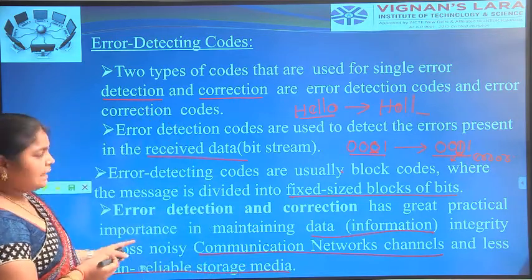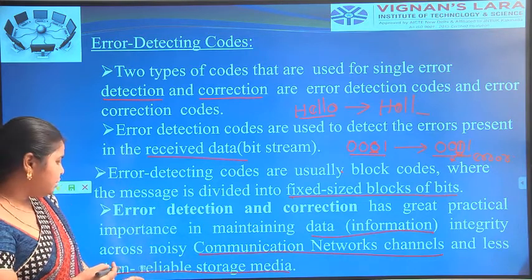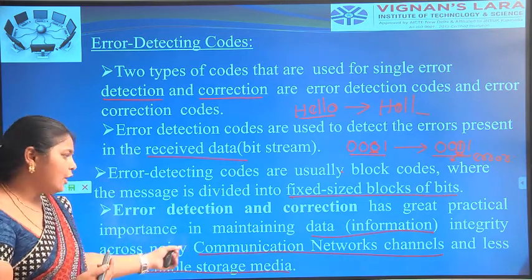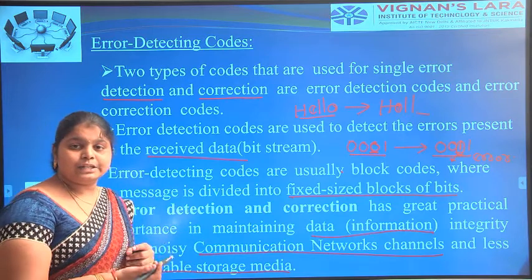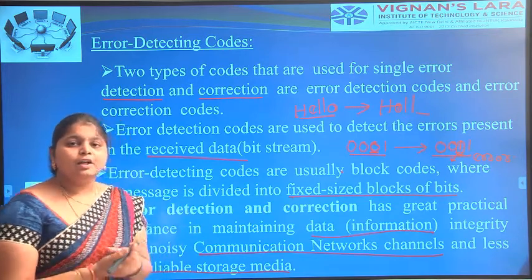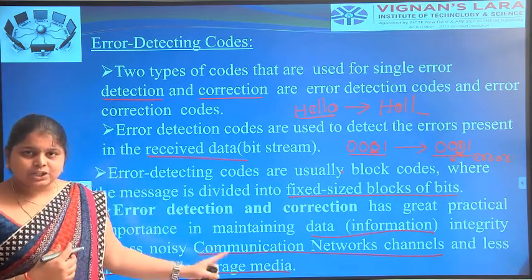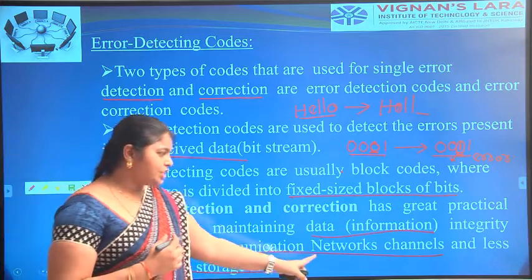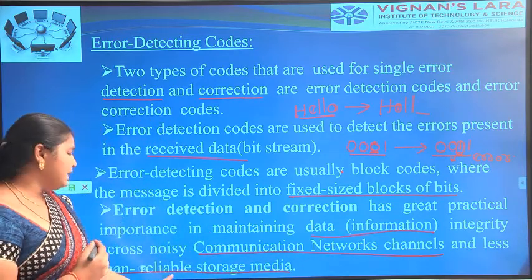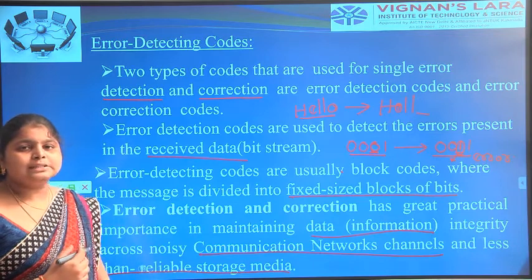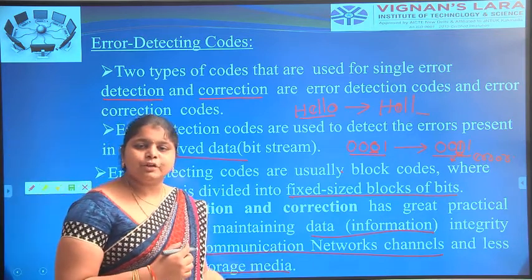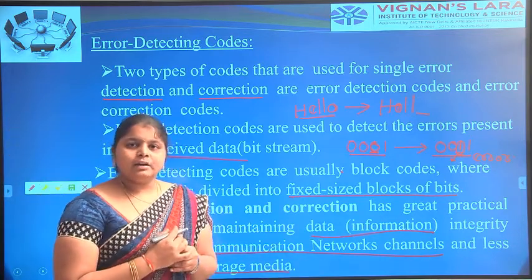Data is transferred from the source to the destination through a noisy communication network channel that is less reliable. Less reliable means the transmission of the data has no good quality and performance.